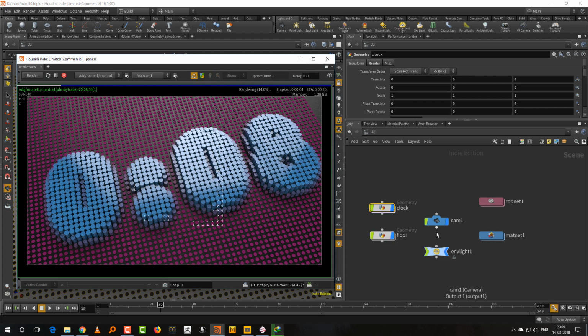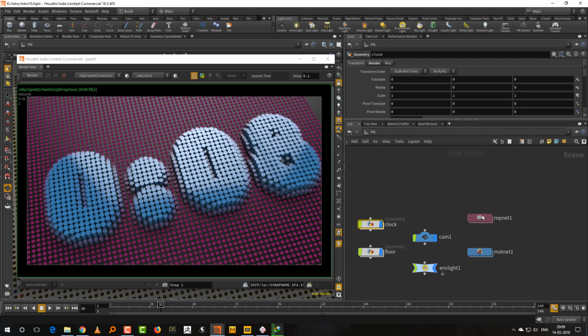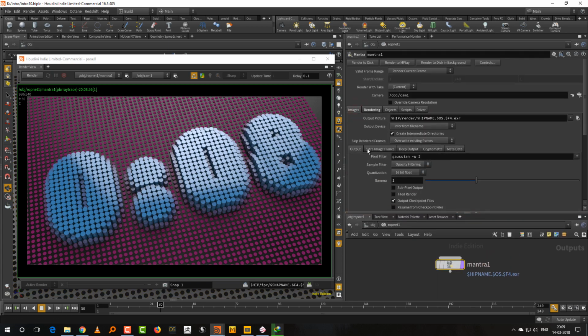Okay, now let's do the final thing, which is how to render this. Because eventually you want to render this. In order to set up the render, the problem is I don't use Mantra very often now, because most days I use Octane and sometimes I use Redshift. So I'm a little out of touch with Mantra nowadays. But what you do is you come into ROPNet, and if you come to images and output,